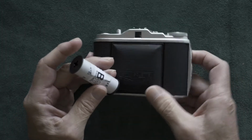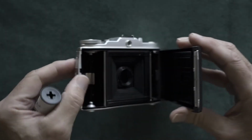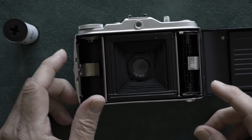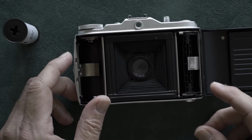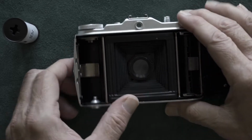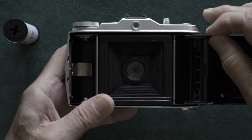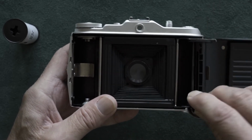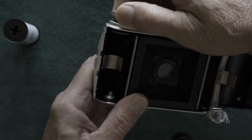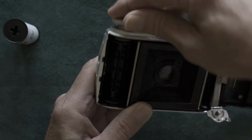Okay, got the film unboxed. Push the slide down, open up the back of the camera. Now, if you just got the camera, more than likely you're going to have the film spool over here on the right where it was emptied. So how are you going to take care of that? You just slide that out, pull this down, pull that out, pull this up, slide this into the bottom, slide it in there,